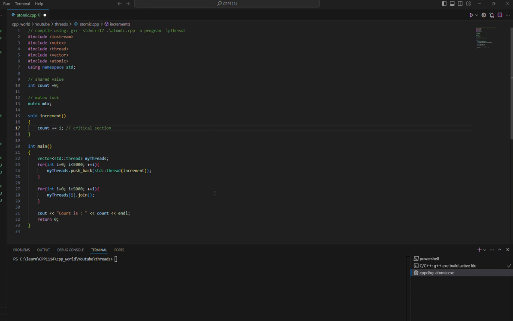Today we are going to discuss about the std::atomic keyword that can be used to manage concurrency among shared variables. Yeah, let's dive into the program. So I have a C++ program. It's a very simple C++ program. What we have is a method called increment, which will increment a shared value int count every time